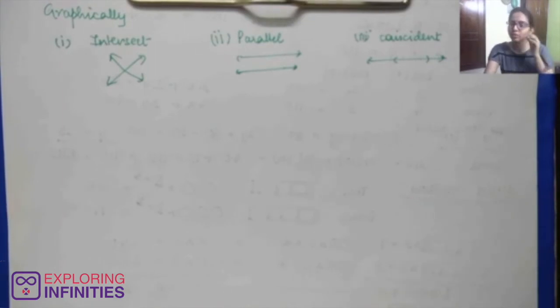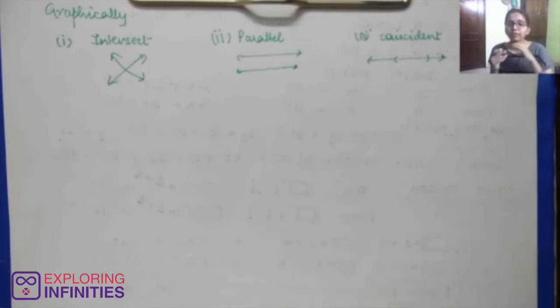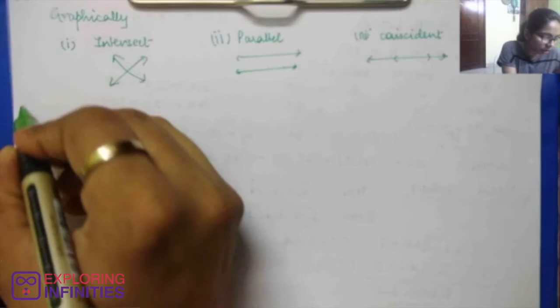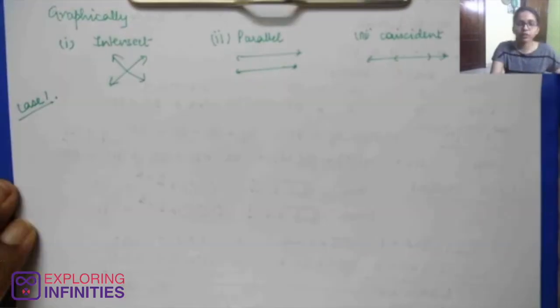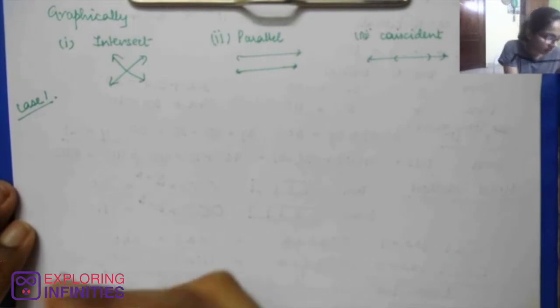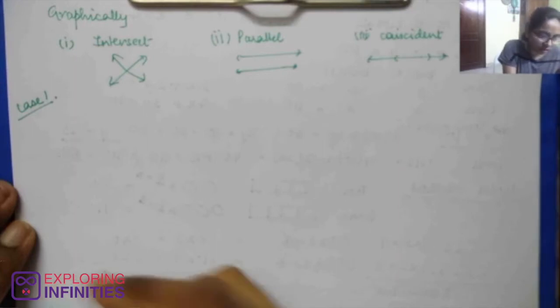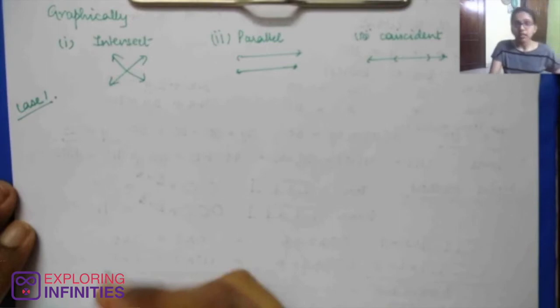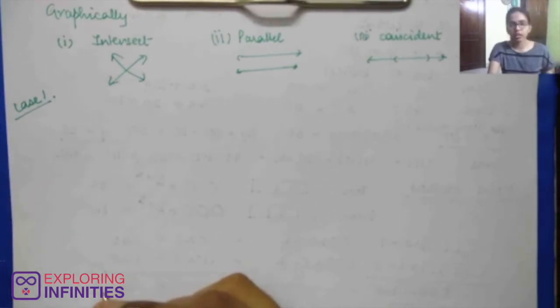So if we have a pair of linear equations and plot them on the same graph, we'll have one of these situations. Let's go one by one. Let's take case number one to be our example of Tom and Dana's linear equations, which were 3x plus 2y is equal to 80 and 4x plus 3y is equal to 110. These were the pair of linear equations for Tom and Dana.